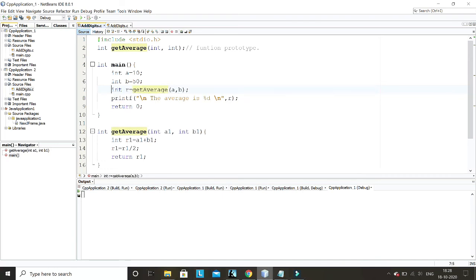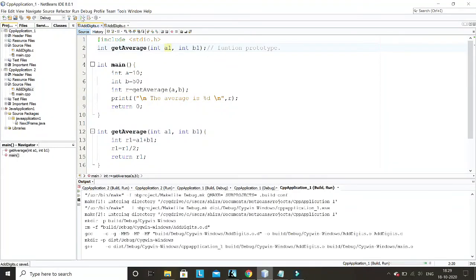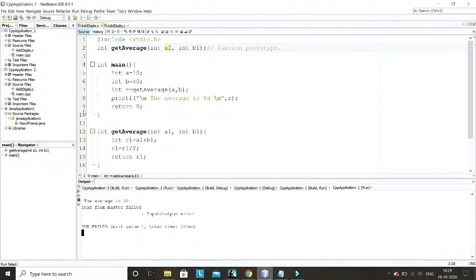Okay, so here if you check now the function prototype, it should be integer here because this function is returning an integer value. And that is the function name, it should be the same here. Instead, you just need to write integer comma integer, you don't need to write parameter names here, but if you write parameters, this is also correct. It will show an error because I have missed a space here. Now if I run, this is also correct. Okay, so this average is 30. So all the basics are clear.